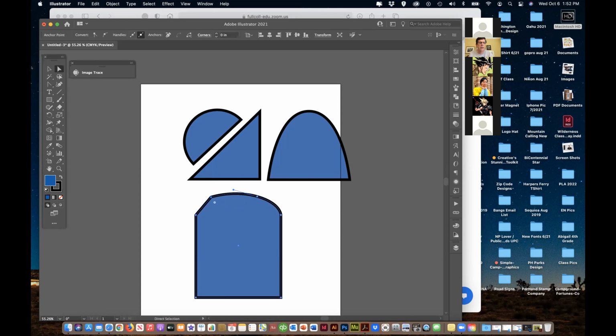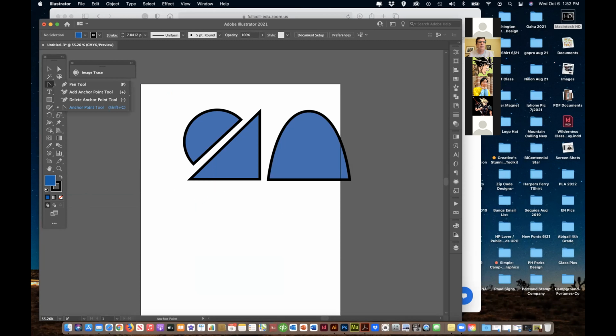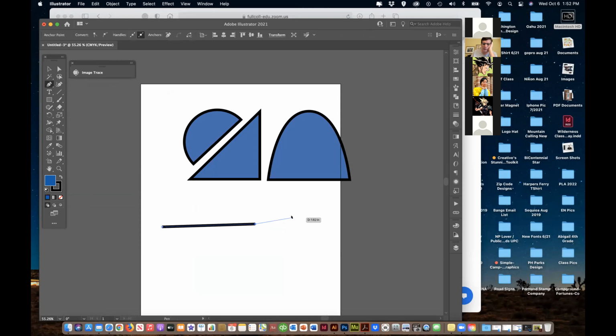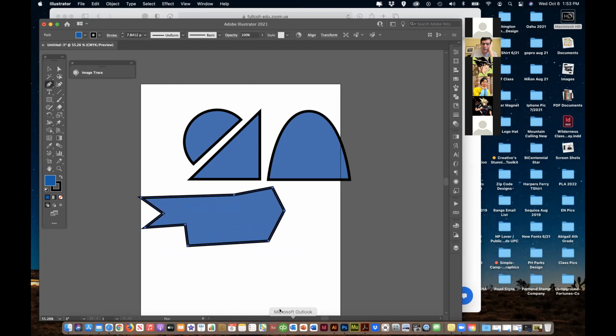Another way of doing it, let me just select this out of the way, is to use the pen tool itself. And what we're going to do with that is actually draw. So if I draw from here to here, it draws a stroke, and every time I click, it adds a stroke. And it's given a fill, because right now we have a fill of blue and a stroke of black. And I can just click anywhere I want, and it makes corners and adds into a shape. Okay. If I click and drag,